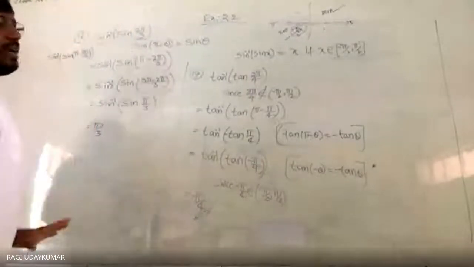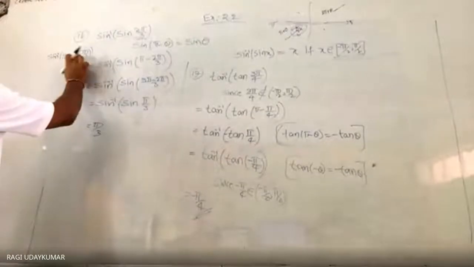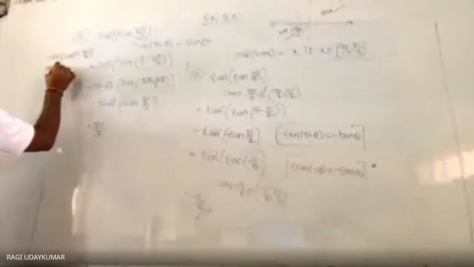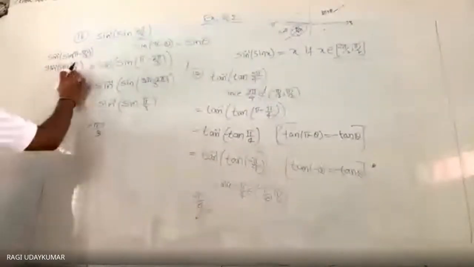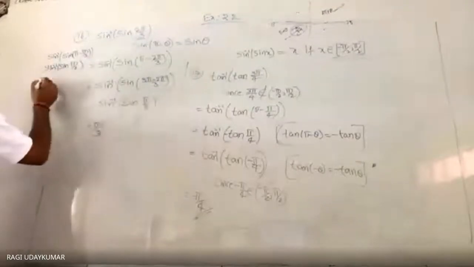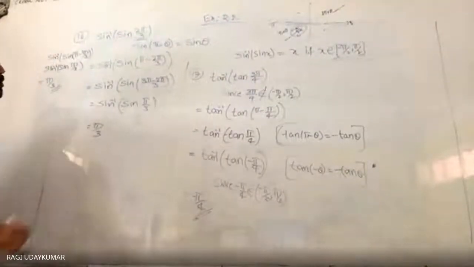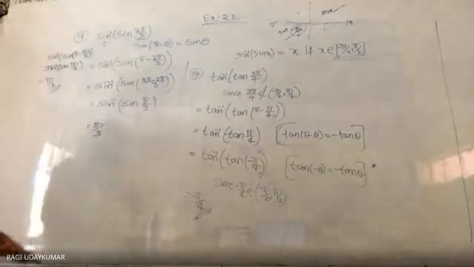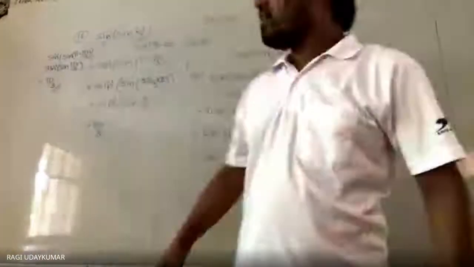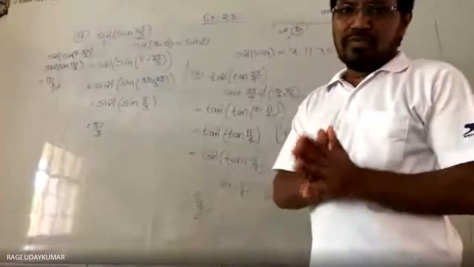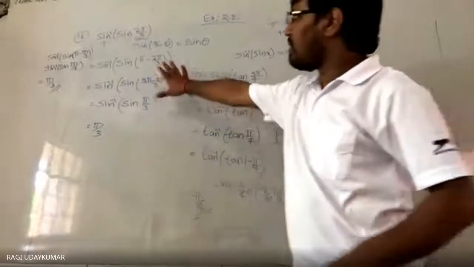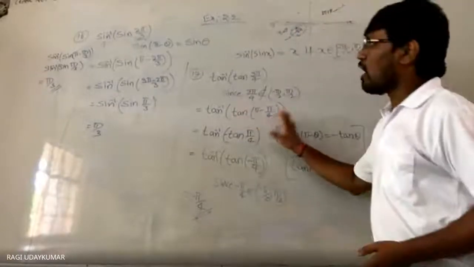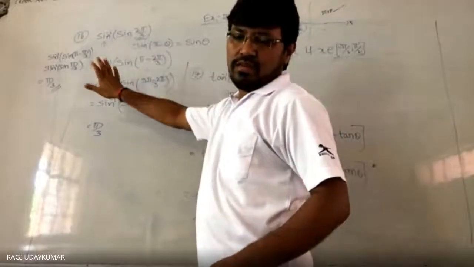Because if you do pi minus pi by 3, you are going to get this one. So now here, pi minus pi by 3, sin of pi minus theta is equal to sin theta. So you are going to get sin inverse of sin pi by 3. Now this pi by 3 lies between the given interval, so you can write it as pi by 3. Like this also you can do the solution. This problem can be done like this or like this. Both are correct. But most of the students cannot always think in that way. This is one way of doing and that is another way, and this problem cannot be done in the first way.